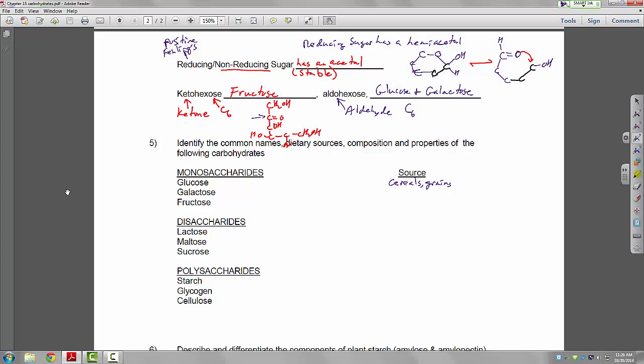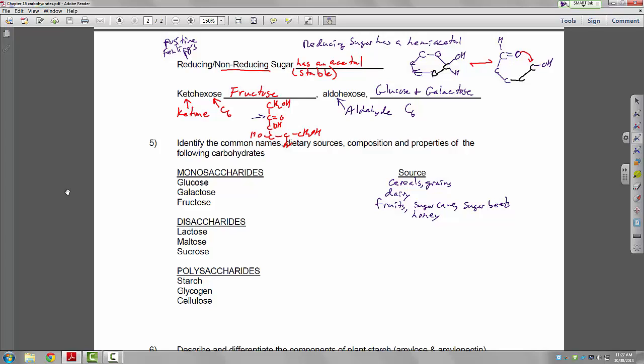The only dietary source for galactose is dairy products. For fructose, it is fruit sugar, so fruits, and also sugar cane, sugar beets, and honey